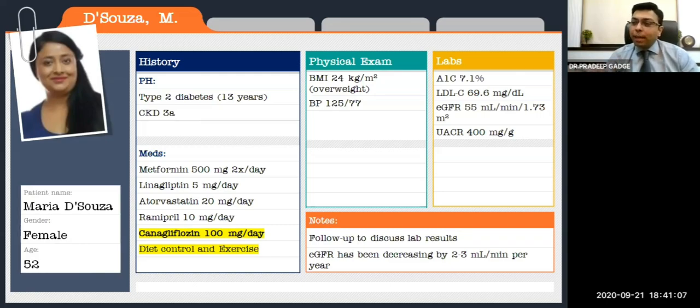And she was explained how tobacco in any form, especially in the form of smoking, can aggravate CKD. And the lady understood this and has been gradually put on a de-addiction program with a psychiatrist, I think she has been put on varenicline. I don't remember exactly. And gradually, I'm sure she will respond better to that. And gradually, with the help of drug therapy, psychological counseling, and all, she will go off that also.